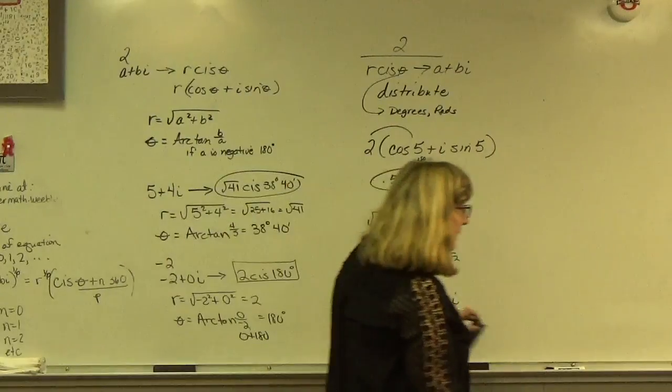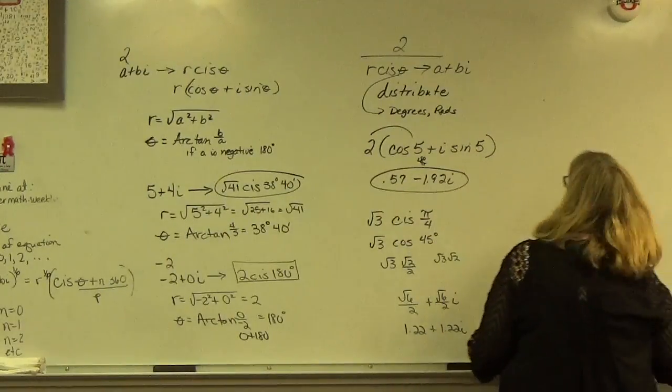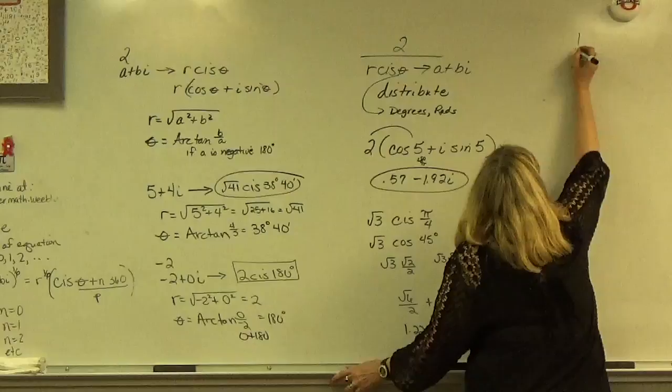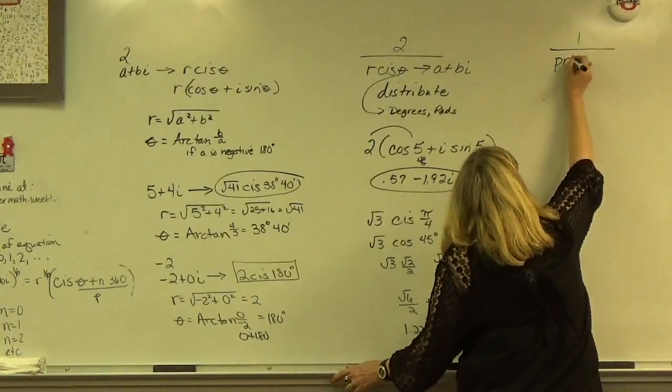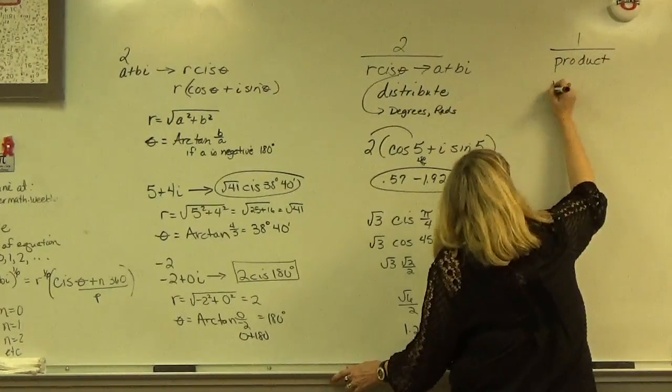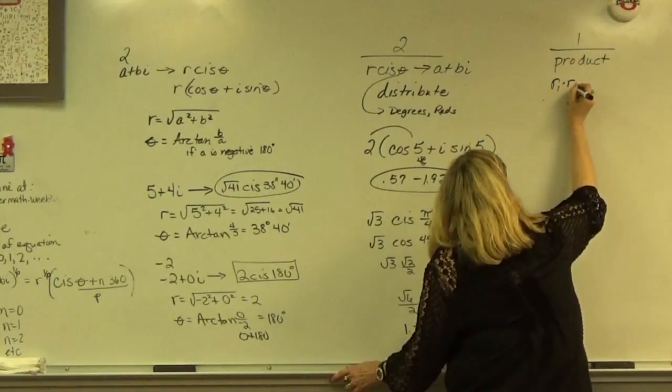Now where are we at? Product? Yep, one product. Now what's the rule for product? You multiply the r's and add the